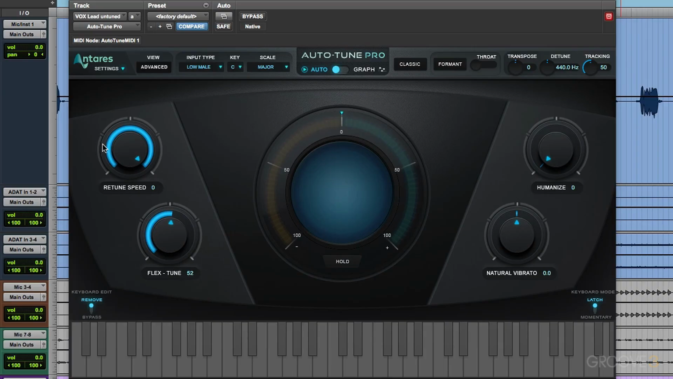Notice how we can get away with an extremely aggressive retune speed, but by adjusting flex tune and also the humanize function,